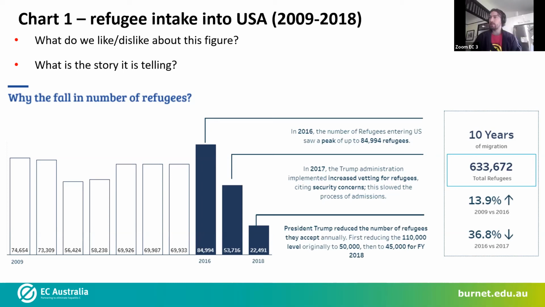I think there's some consensus in the chat around the labeling of the bars as well. I'm just trying to see if there's any other thoughts that people have. Feel free to post your own thoughts on these figures in the chat as well, and then we can talk about it. You're also welcome to come off mute and jump in. You know us, we don't mind people coming off mute and talking. Yeah, that's true. That too.